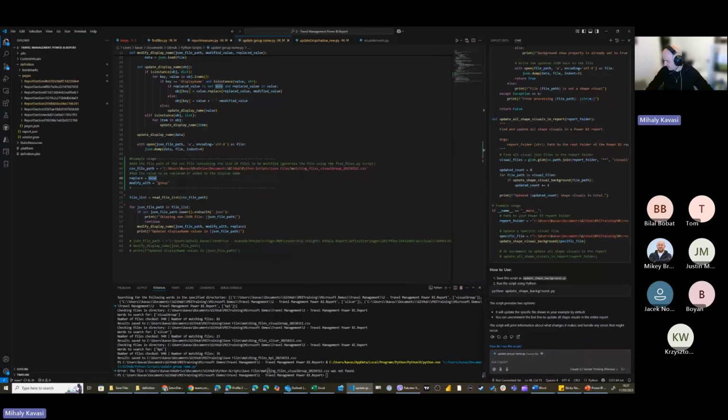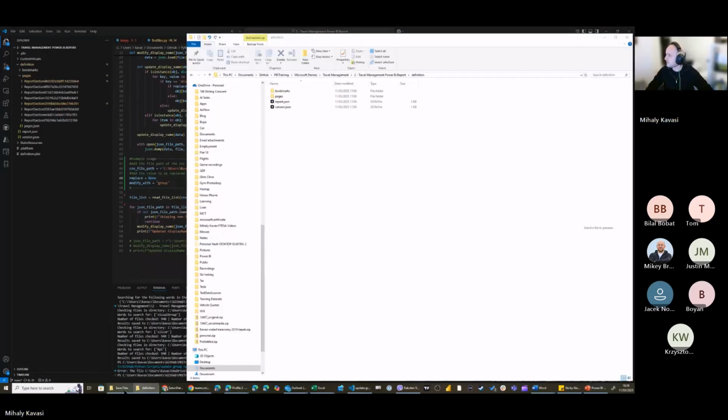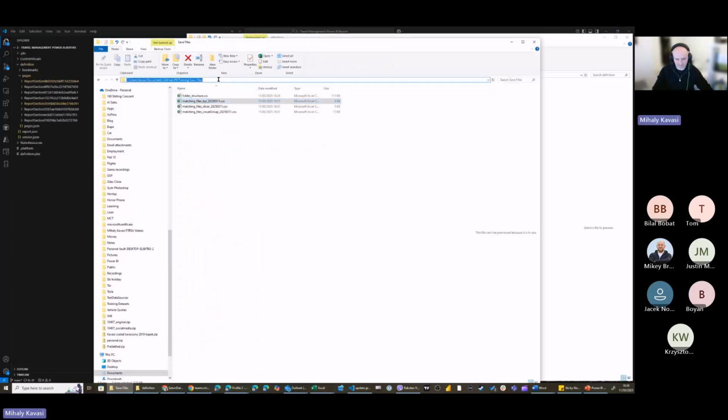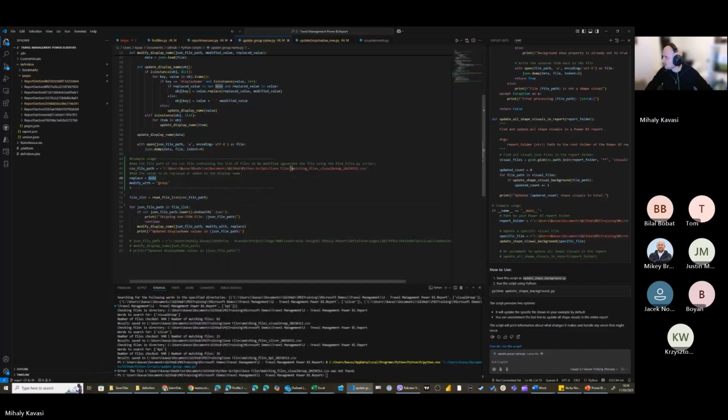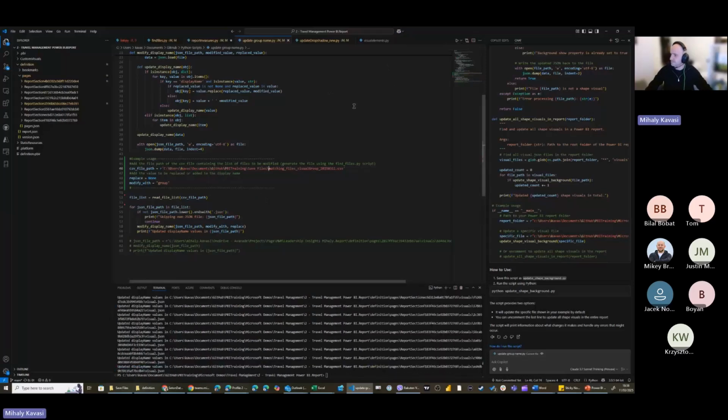No, it didn't find matching files. Where is it? Let's see. No, it should be okay. Yep, so it went through all the files, and if I open